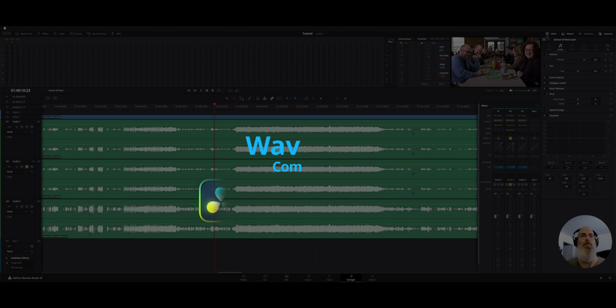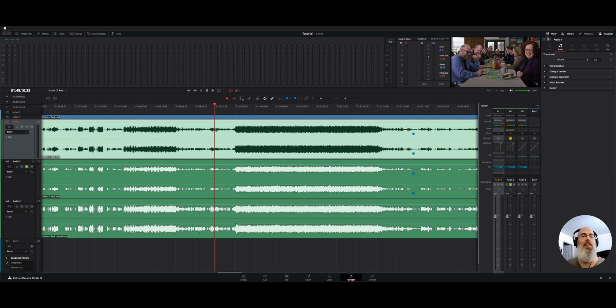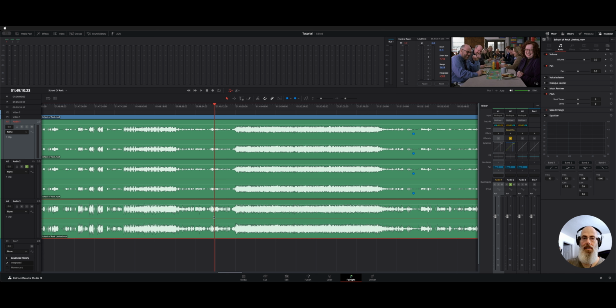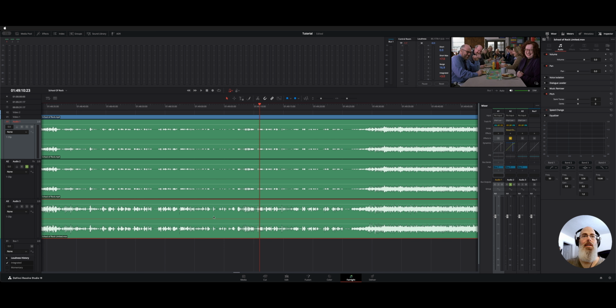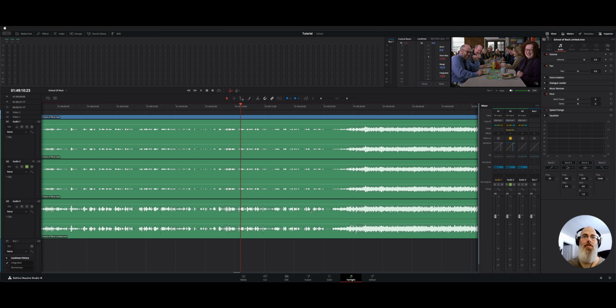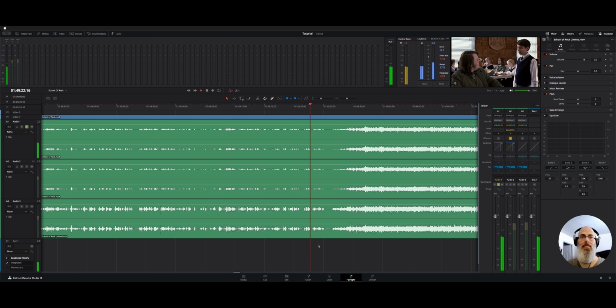If we look at the waveforms, track 1 here is the original, and then track 3 is the exported version. And look at the volume difference between the two. Just between even this section here, it's quite a bit louder. So if we play the original right here,